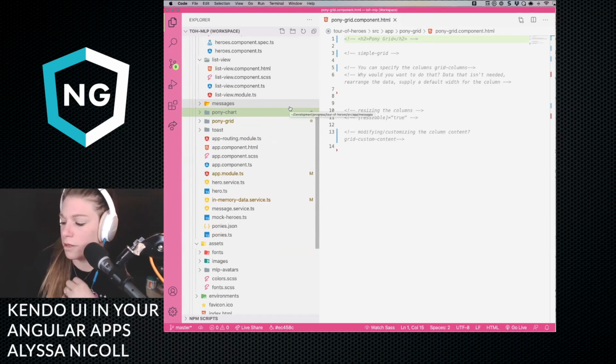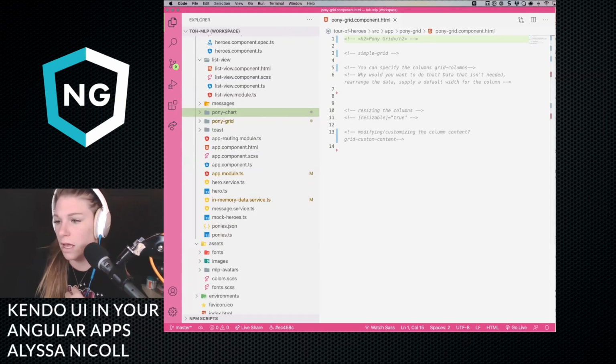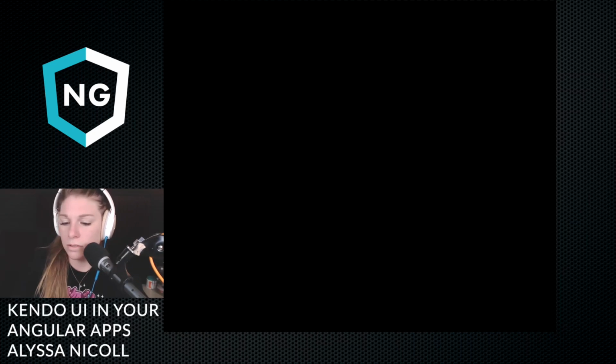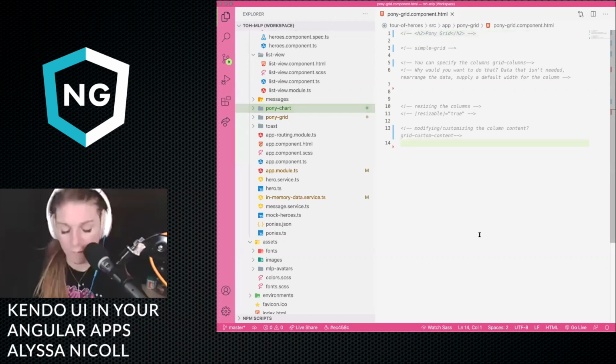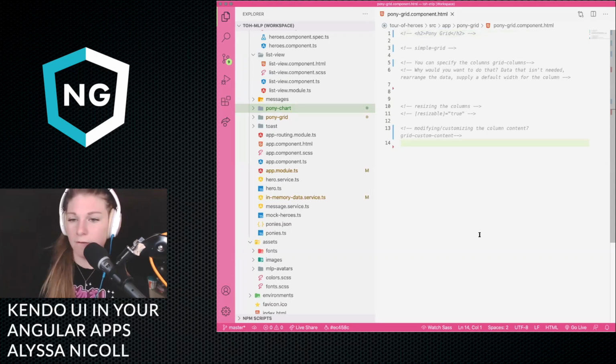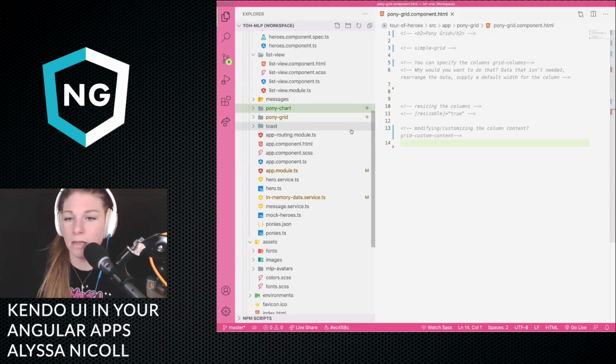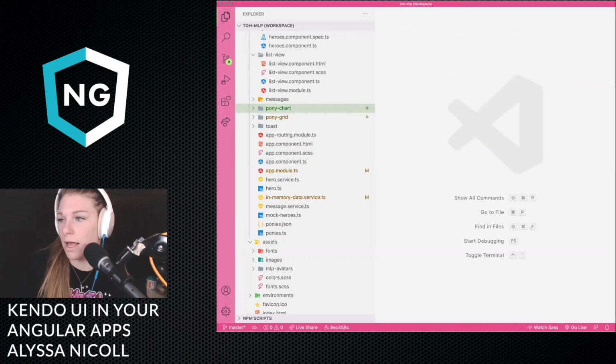So we have, like I said, those things. We're going to pull in our theme builder though. Let's see. I want to share this and do that, and then tell me if I need to. I'm hoping that just sharing this will make the font a little bit bigger, but let me know if I need to make the font bigger.